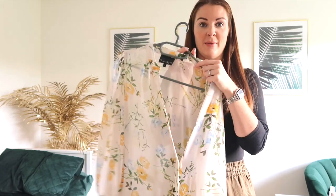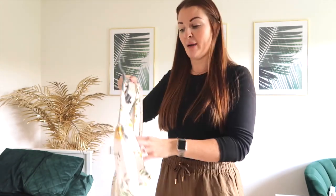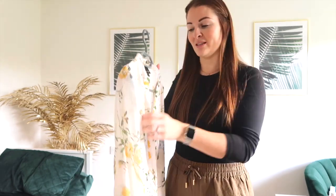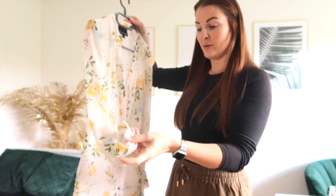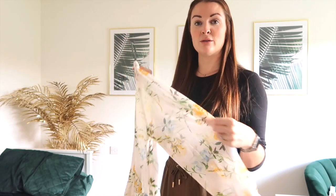There's little poppers up here that it attaches to, but I found, for me personally, my body's too long, so I unattached it so that I could wear them as separates, but obviously still wear the slip dress under this. I felt like it was pulling on my shoulders and it felt really uncomfortable, so I unattached it, but still wear it underneath. I love this because it's got the long sleeves, but it is still really thin,